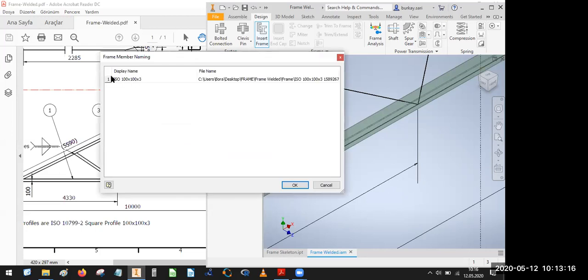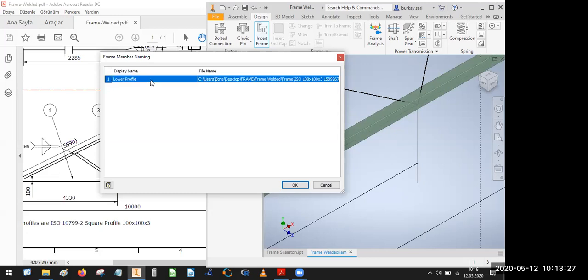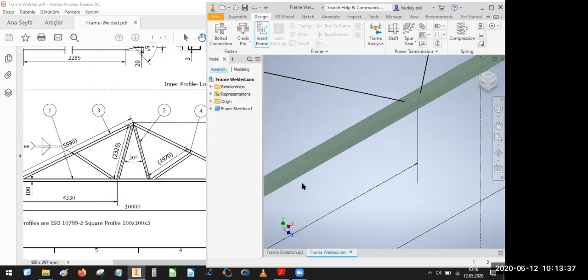As you see, it is the display name. You can also change this one, as for the display name, lower profile. When you go for the other parts, it will be something like the profile name here. When I click OK,